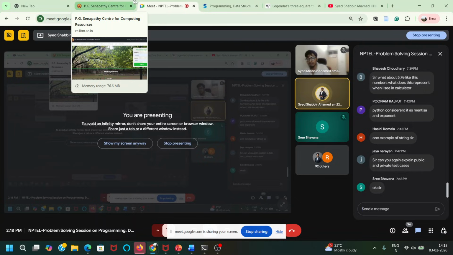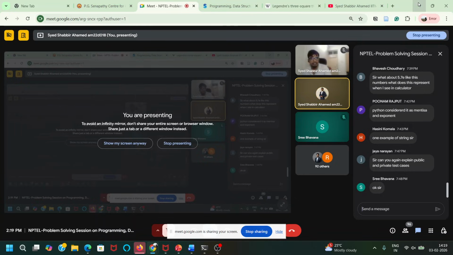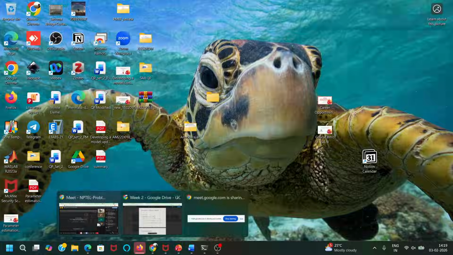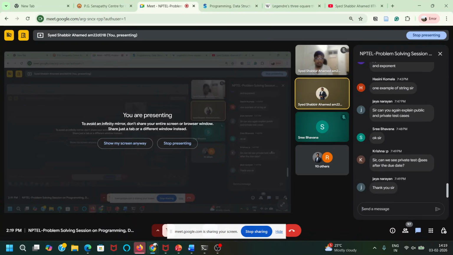The way of solving the problem is not complete. That's what it is. Yeah, you can see, I guess. After the due date, they will give the solution and the private test cases also, I guess.